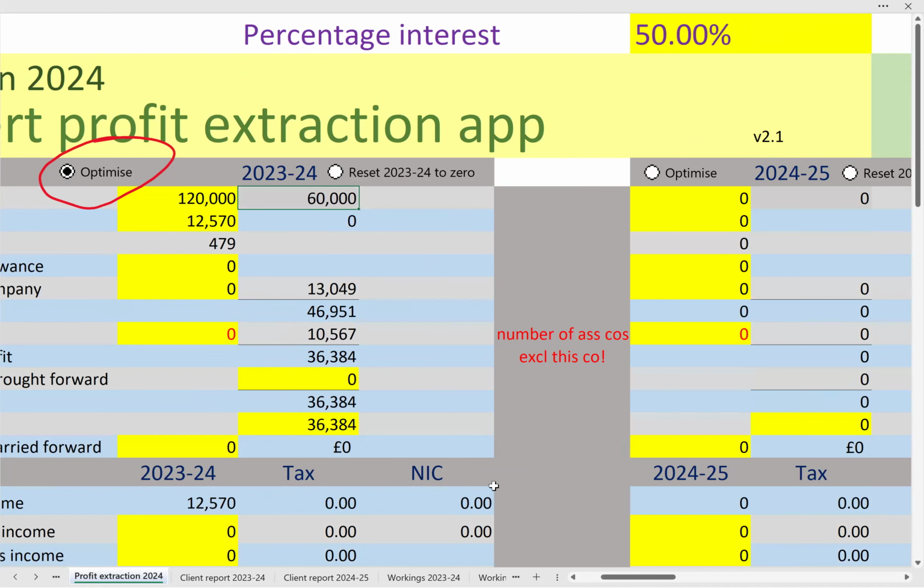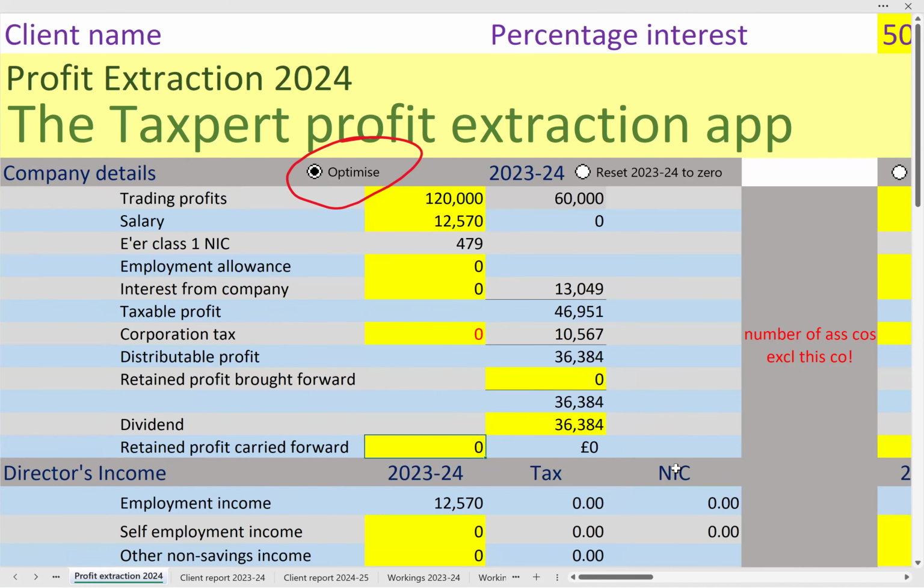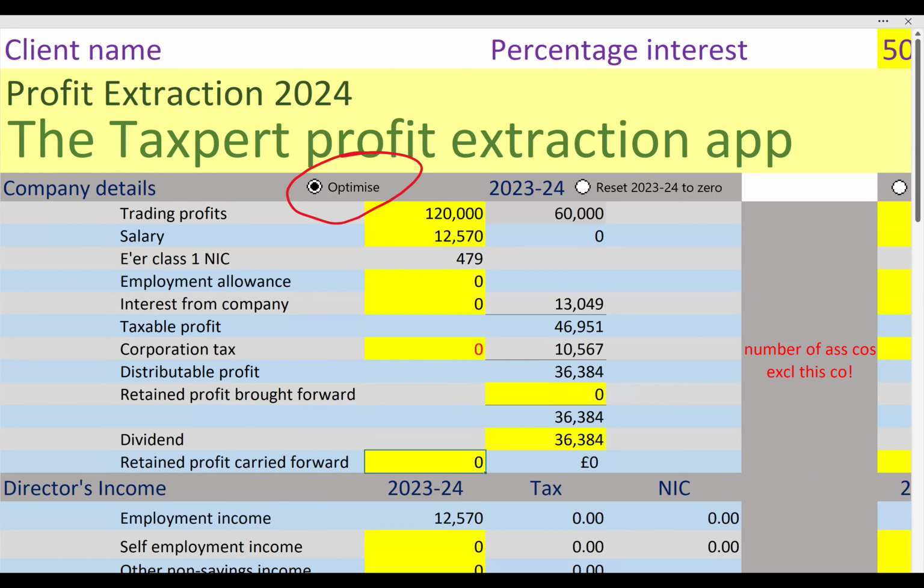And then finally, on the new functionality, here, I've got a new input cell for retained profit carried forward. And that's because we've been asked by some users whether we can structure it so that you don't distribute the entire profit. The optimize function assumes a complete distribution, but let's suppose that the directors here want to retain